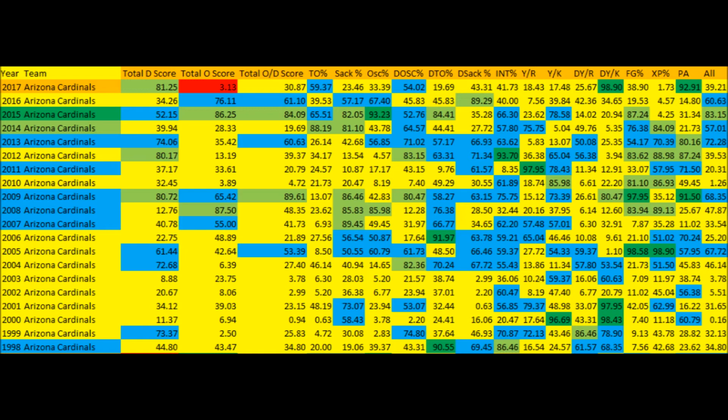So, when you just look at the overall data, it's kind of sad, because 2015 was definitely a very promising year for them, but they just weren't able to keep that momentum and build off of it, and they just kind of got progressively worse until 2017 happened. And don't get me wrong, there were a lot of factors that added to 2017. David Johnson being injured, definitely a big loss,